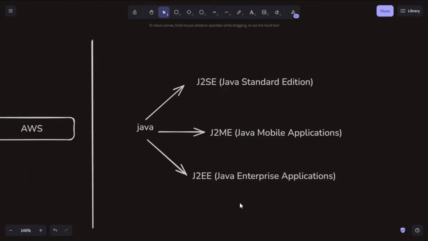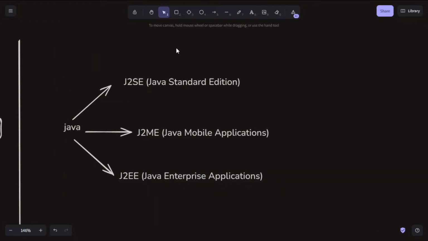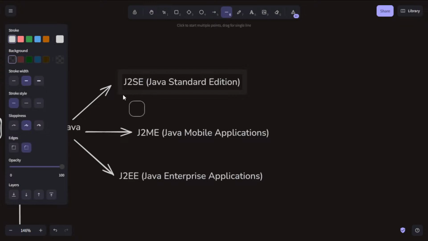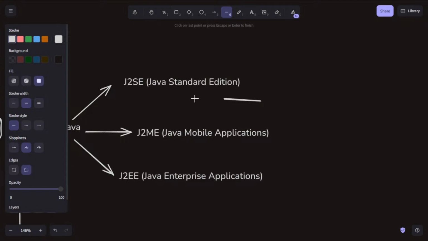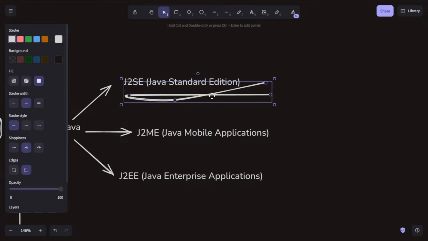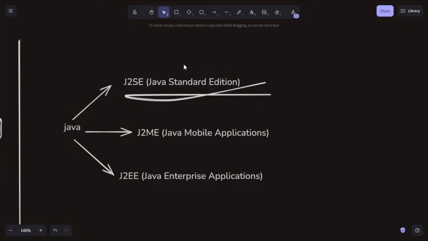Nowadays we are not totally depending on the previous standards. For J2SE, Java Standard Edition, we use it for simple console-based applications.